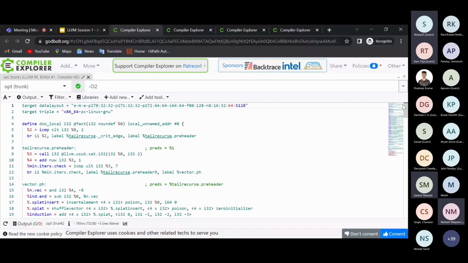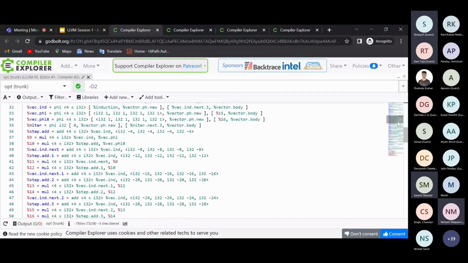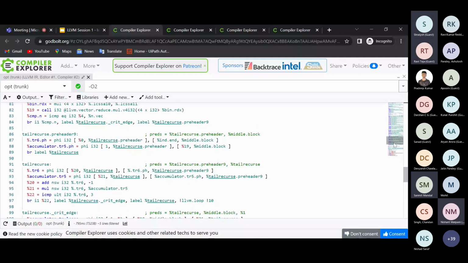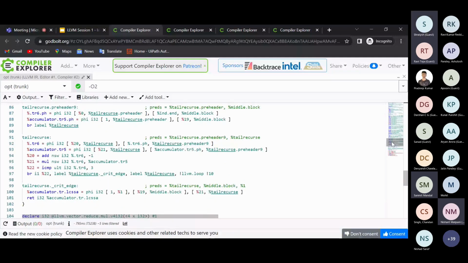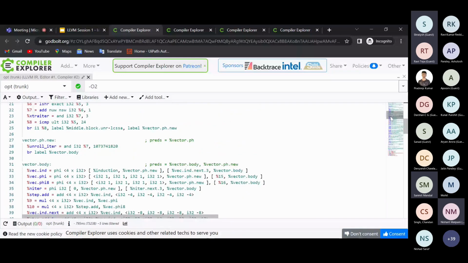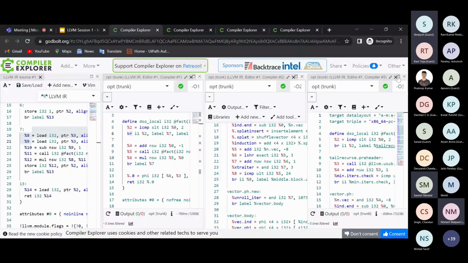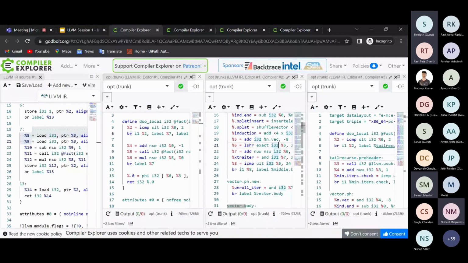All these optimizations are trying to do some kind of vectorization, and you'll see recursion has been eliminated from the IR now. So this IR should perform better than the original IR. In O3, there is no change because maybe no other optimizations are applicable to this. But you'll be able to find other programs for which O3 will have further changes to the IR.